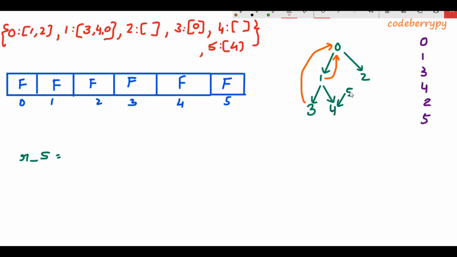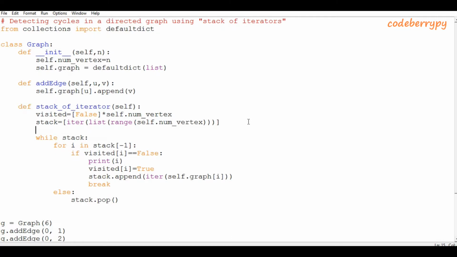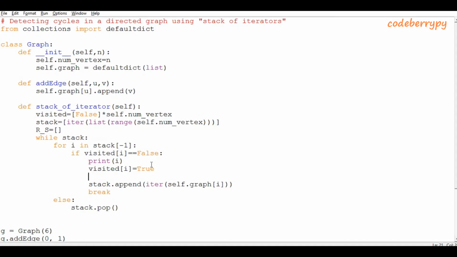For now, just move ahead. So in this code, first we're going to create a recursion stack, and I am going to put it here. So the recursion stack is r_s, and that will be initially empty because we have not yet started traversing the graph. And just remember that in this recursion stack, we will be appending those vertices which are in recursion. And then whenever we visit a node or a vertex, we are going to append that vertex inside this recursion stack, and after that we